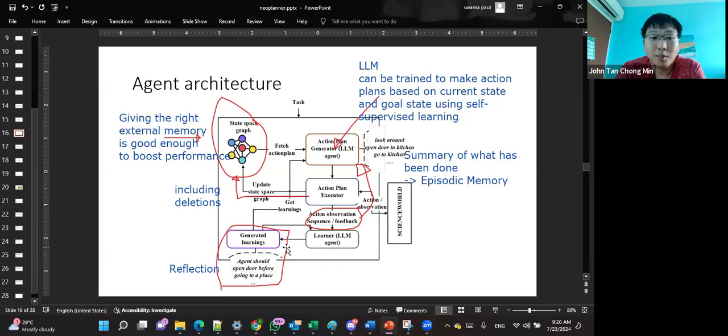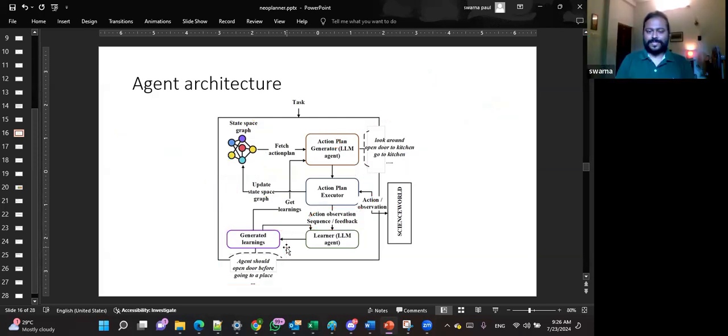So before we conclude, Swarna, any final thoughts or insights you want to share with everyone? I don't have anything else specifically. I just wanted to explore the task generator, because I was very interested in breaking the task into subtasks.